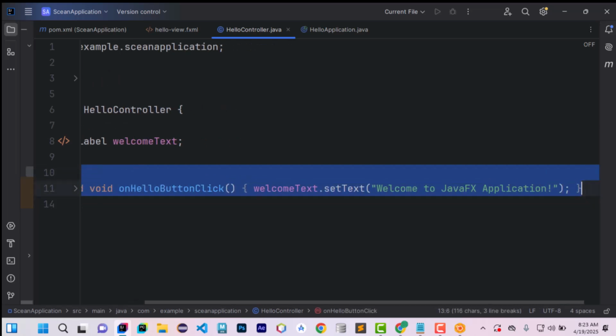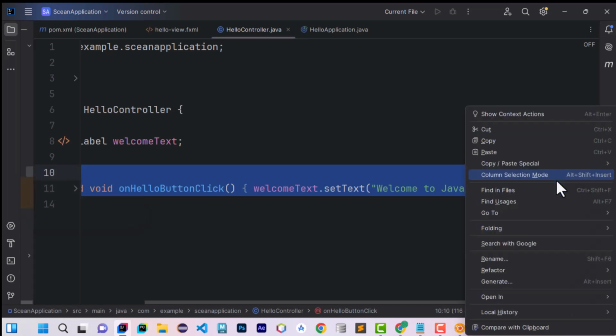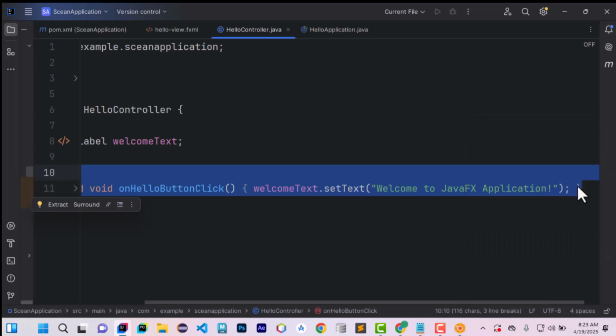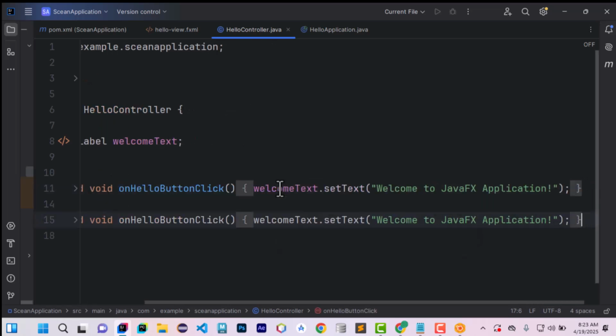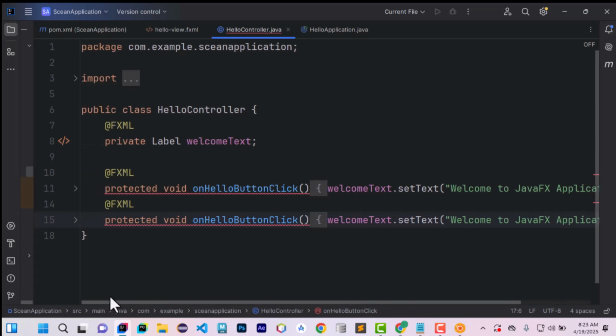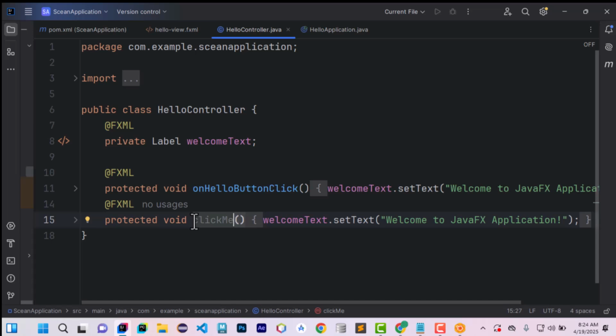Let me create a method here, so that when I click that button, I display something on the label. So I'm just going to paste here because the method is the same. In fact, let me change this method and call it click me method, right? Click me. And just call it click me, right? And the one I want, when I click this method, which is right here,